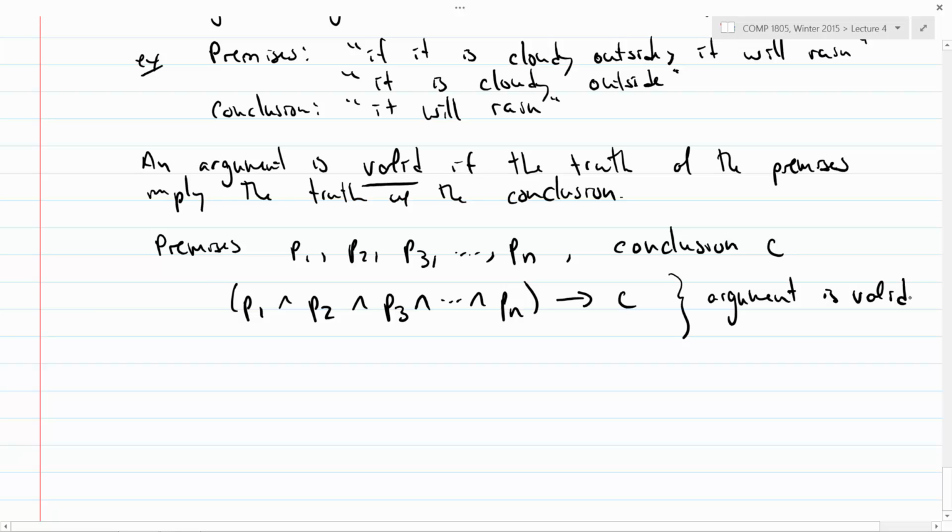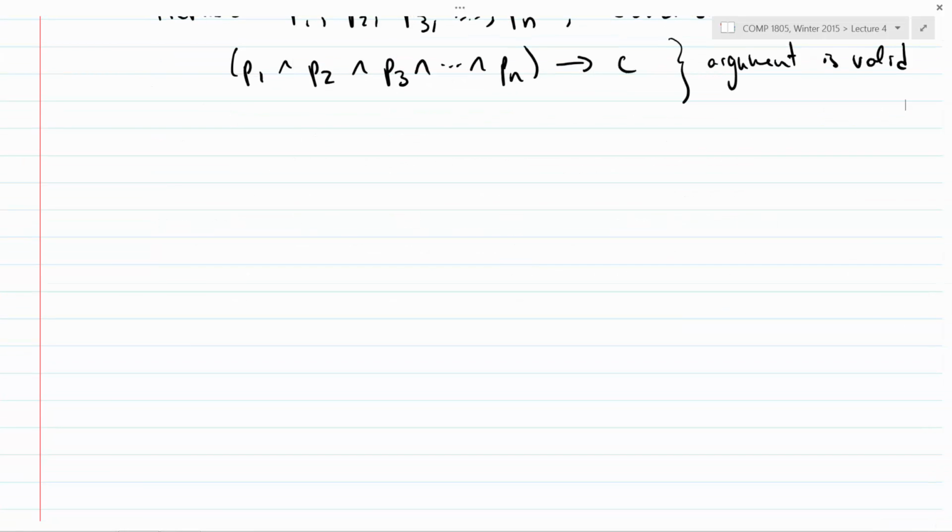Notice that if you have false premises, then it doesn't really make sense to talk about the argument as being valid or invalid. That's a slightly different issue called soundness, but we're not so worried about that right now. For right now, we'll always assume that the premises are correct, are true. All right, so we can combine these things together to show validity.